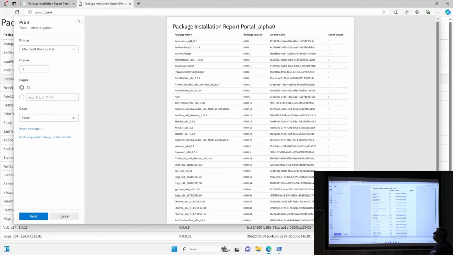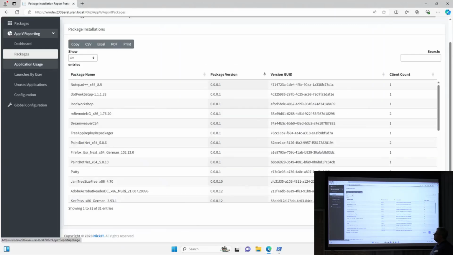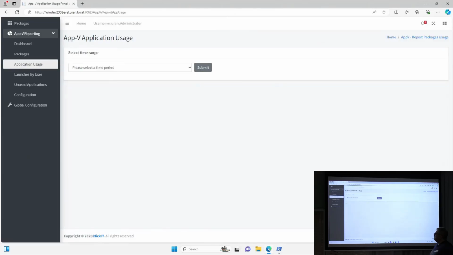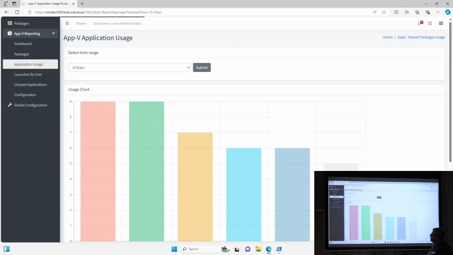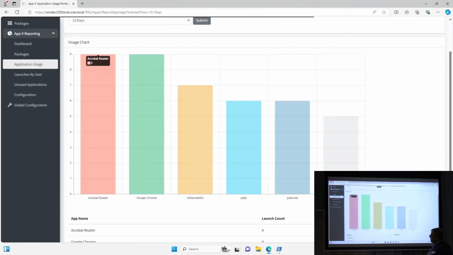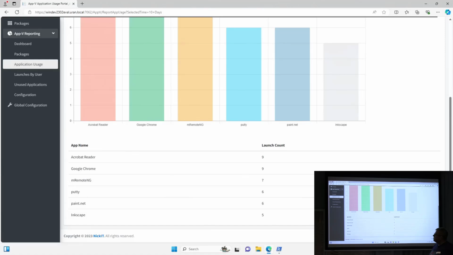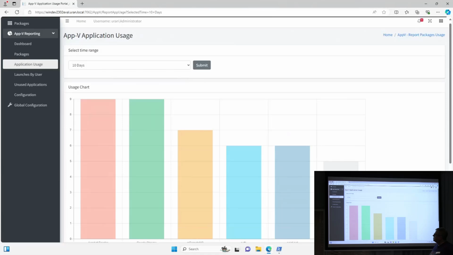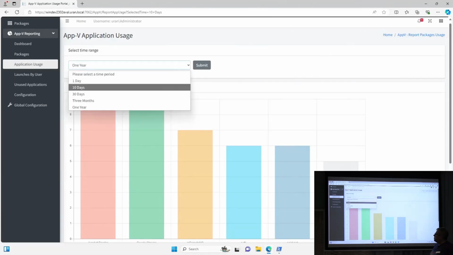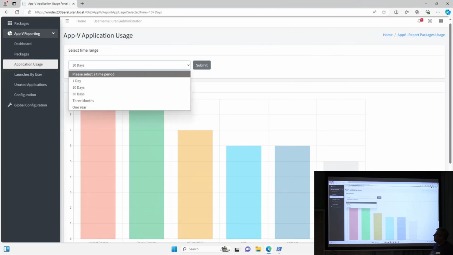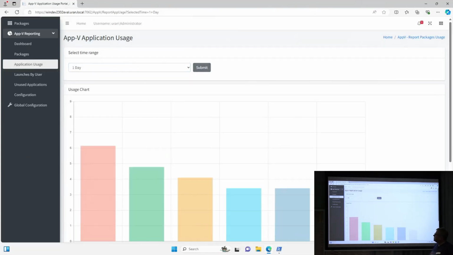Yes, we can see the reported data in the print form. And here we can get the data from a time period, which applications are started, and the launch count for the applications. I know immediately in my environment, no one starts some applications for 10 days or for a month and so on.